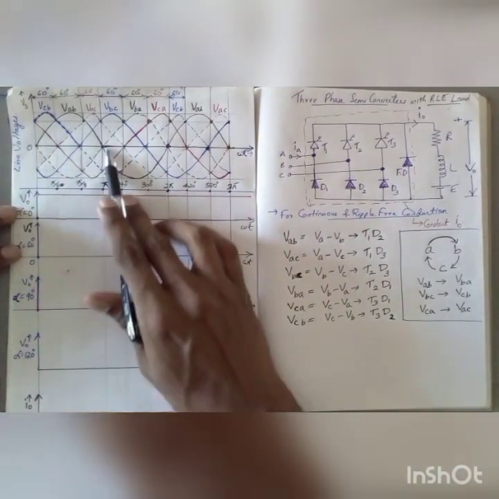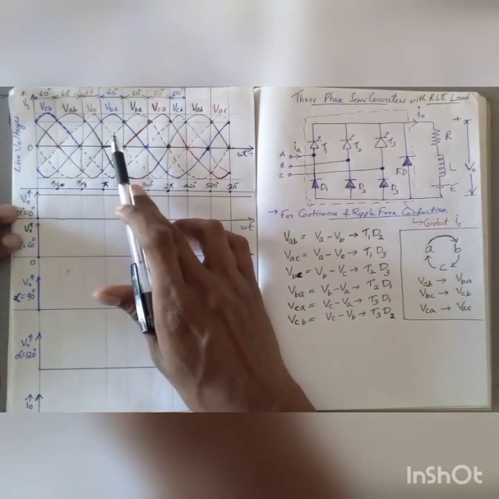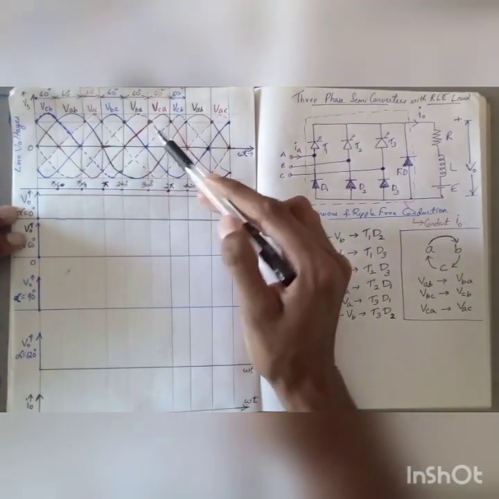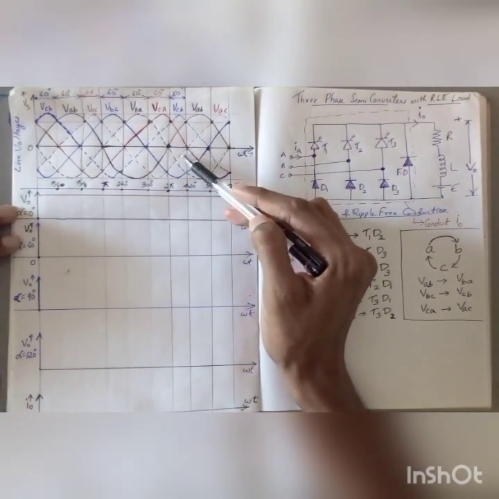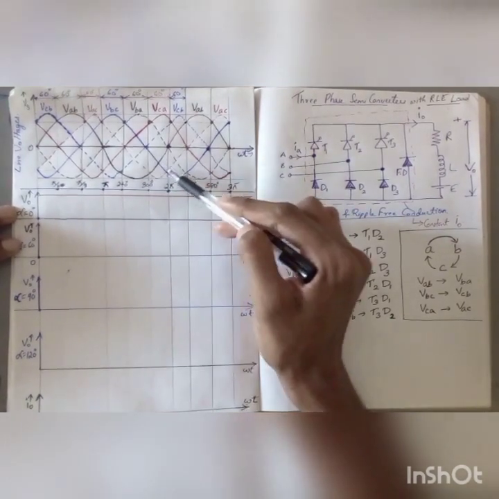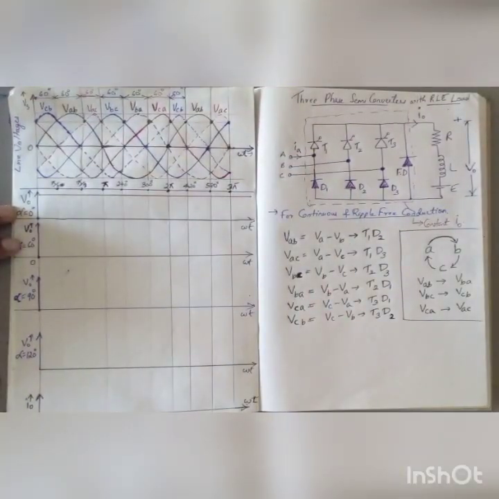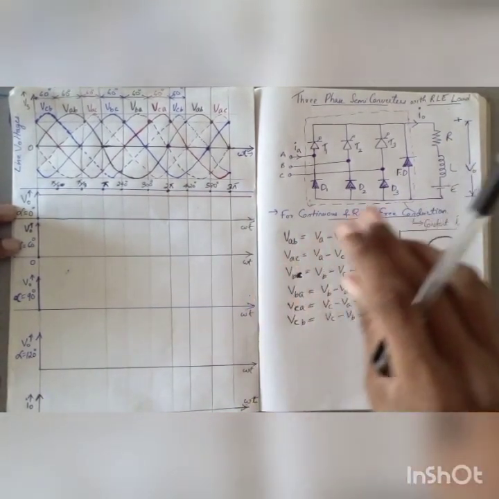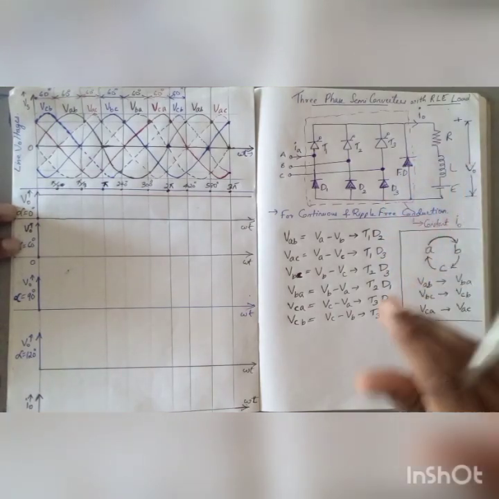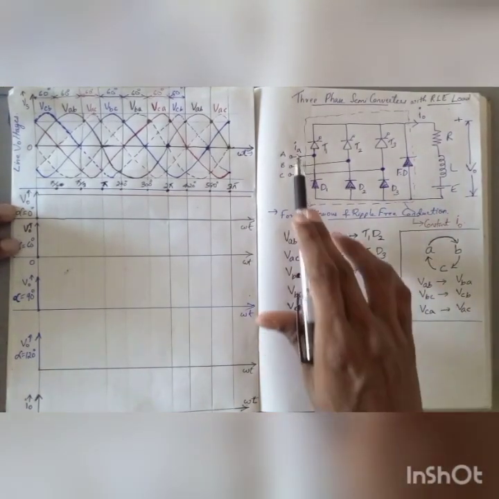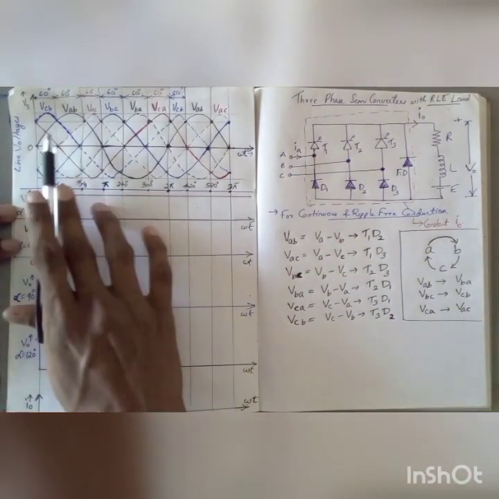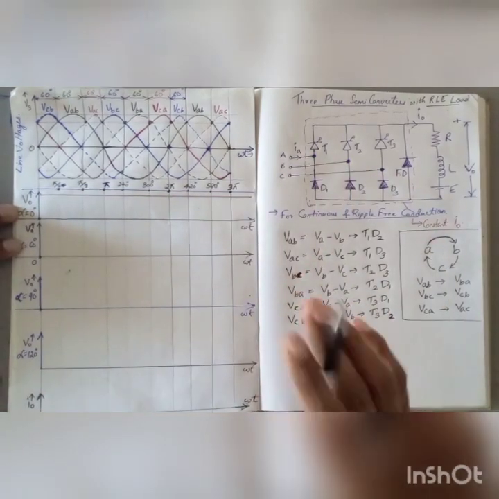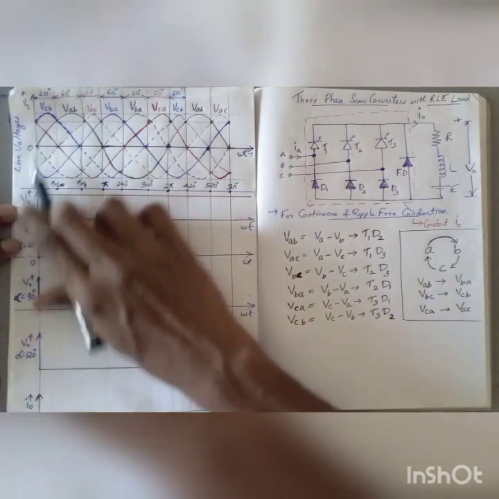When we draw the negative half cycle of each line voltage, if we draw the reverse of VAB, we get VBA. Similarly, the reverse of VBC gives VCB, and the reverse of VCA gives VAC, shown by dotted lines. What does reverse voltage mean? Those are the positive voltages when considering the negative group of diodes. For phase A, phase B, phase C, those are the reverse or negative half cycles, and those points were already discussed in the three-phase full converter, on how to draw the line voltages.